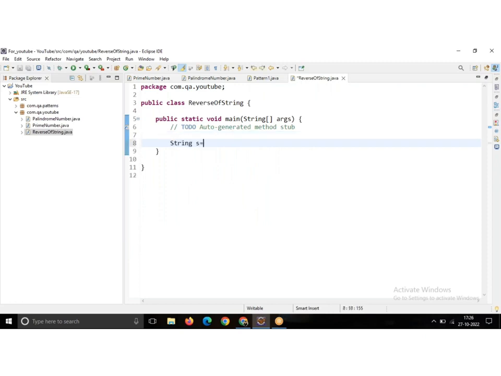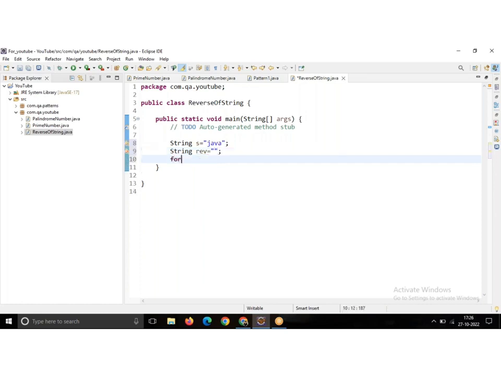Now I am initializing the string s equal to Java, and then string reverse equal to, just here I am initializing the string.